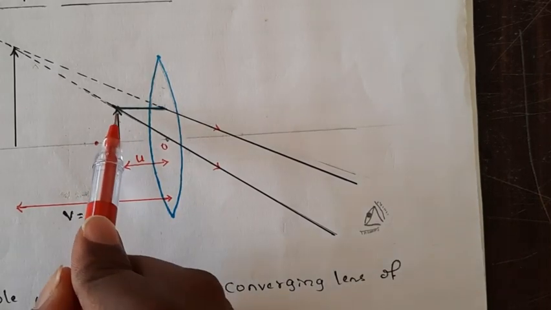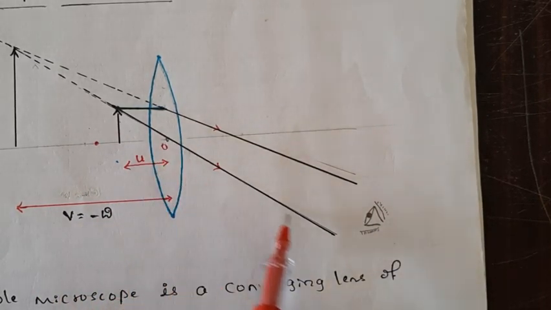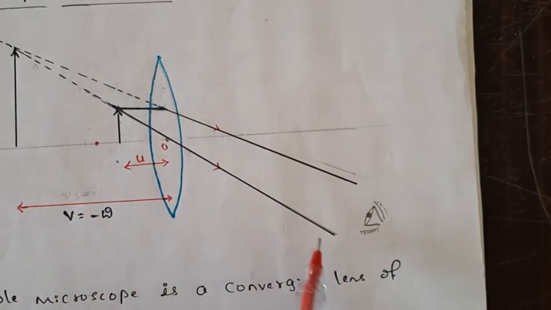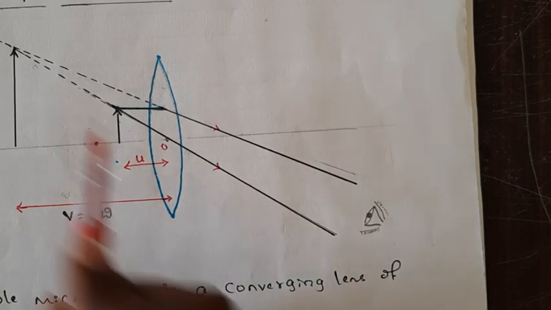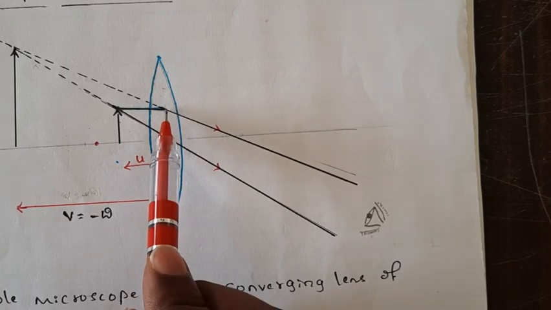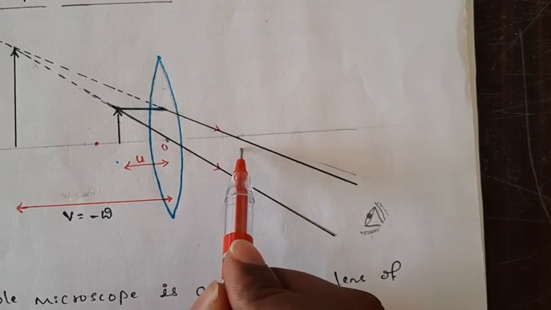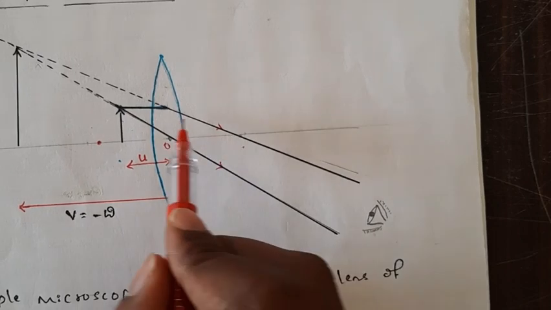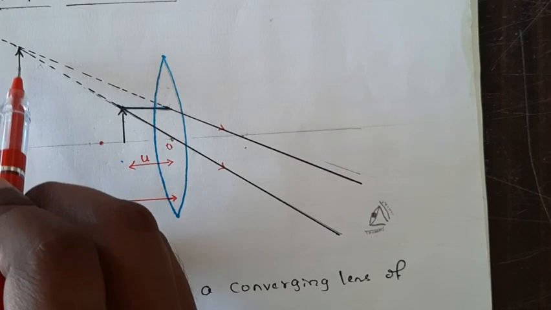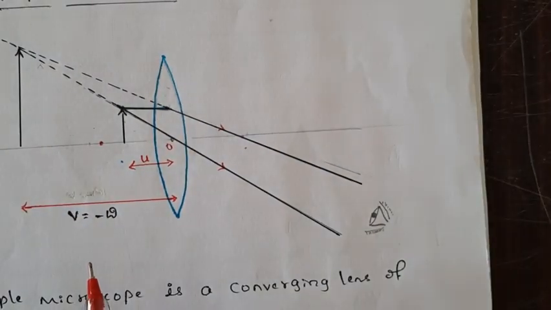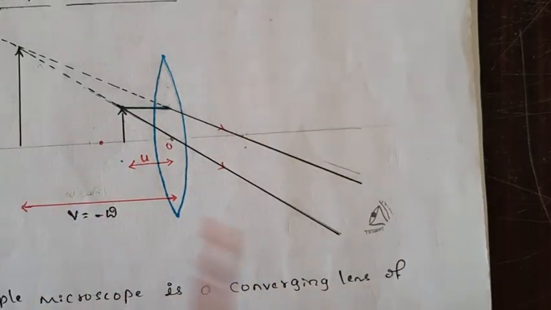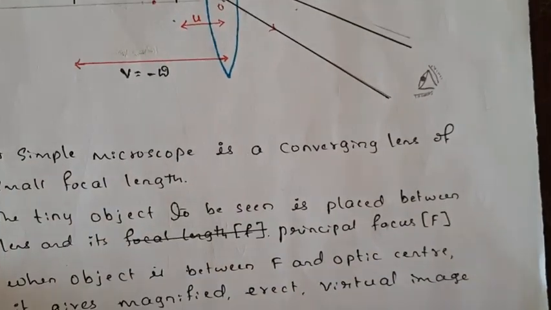And see the ray diagram, I have drawn a line passing through the optic center, and we know the line passing through the optic center doesn't undergo refraction or deviation, it passes directly. And there's one more line parallel to the principal axis, so it has to pass through F, right? If I extend it backward, they will meet somewhere here, and that meeting point is the image point. At that point the image forms, and this is the image of this object. And what about the size? It is enlarged.